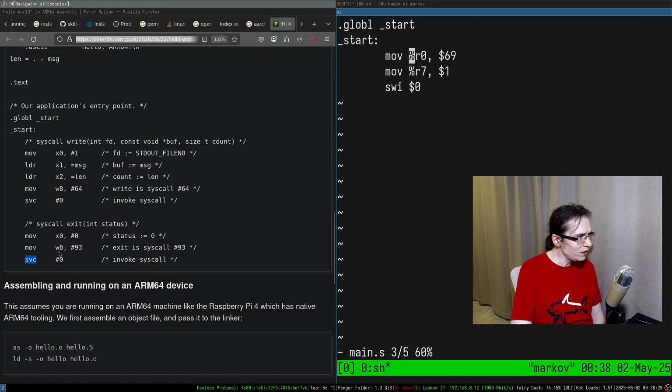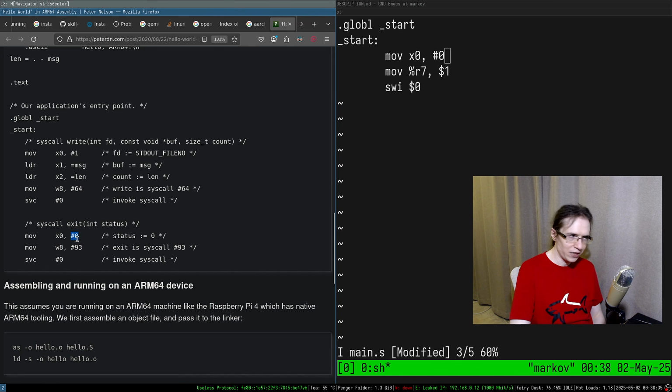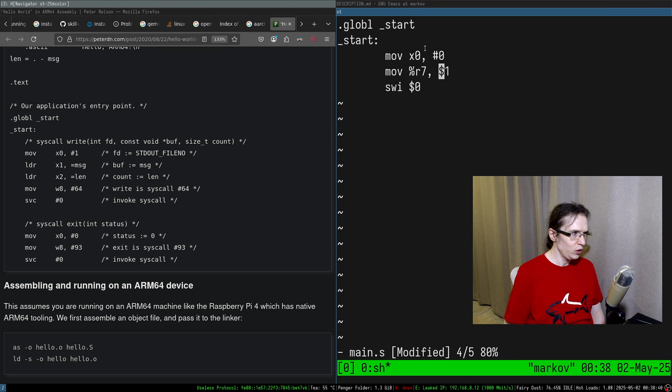We have to move, so we have to use X. And what's interesting is that they're using a different flavor of assembly as well, right? So you just do X, and then we're saving. Immediate values now have a completely different syntax. They use hashes and stuff. Then we use a register. In here, we probably want to put 69. Then in here, we do 93, and this is probably the exit syscall, which is a rather big number for a syscall, and it's actually a supervisor call.